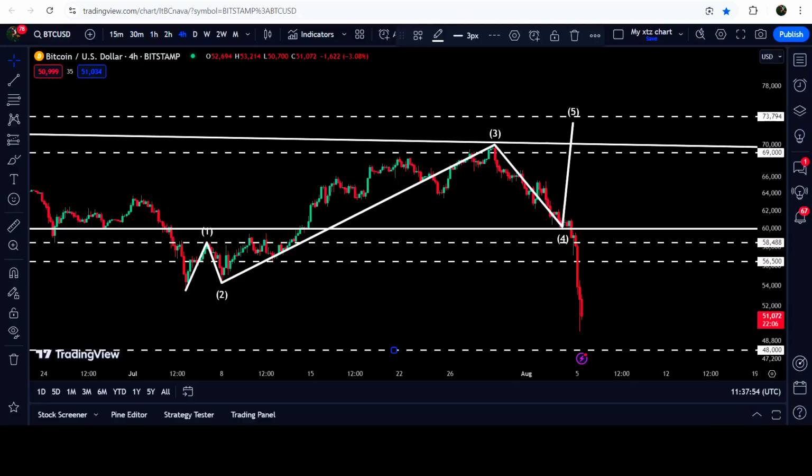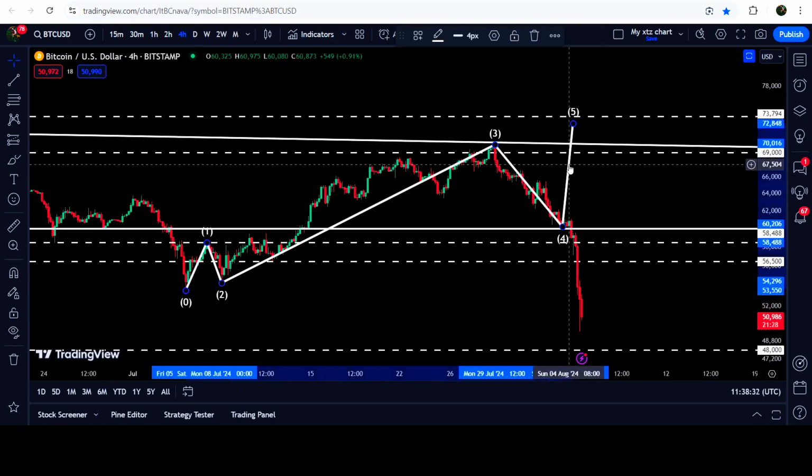Now, let me take you to the live chart, and this is the 4-hour time frame chart. And this was the Elliott wave structure that I was showing you in my previous video. This was the impulsive wave 1. Then we have the correction wave 2 that did not retrace more than 100% of wave 1. Then we had another powerful impulsive and longest wave 3. And this was the expected correction wave 4. But you can see that now this wave 4 has retraced more than 100% of this whole structure, and it has just overlapped the territory of wave 1. The territory of wave 1 was here at $58,488. Therefore, this Elliott wave structure is invalidated.